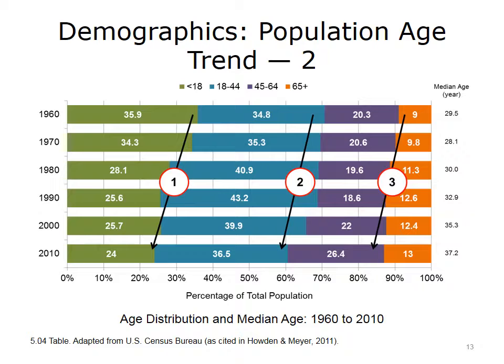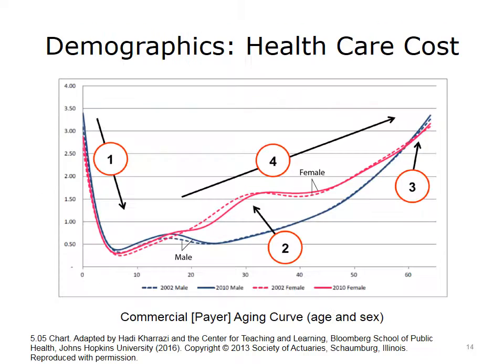In contrast, the less than 18 years old age band has consistently decreased from 1960 to 2010. These age changes, depicted by the increasing median age on the right side of the diagram and arrows 1, 2, and 3, will directly affect healthcare costs in the future. As Duncan explains,